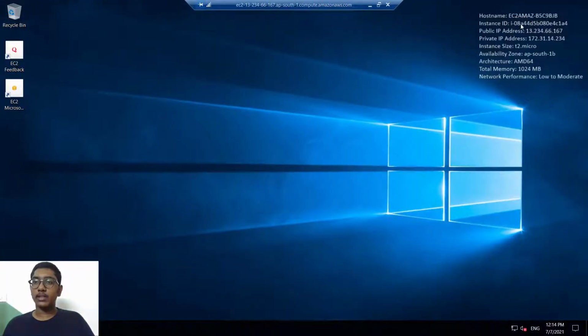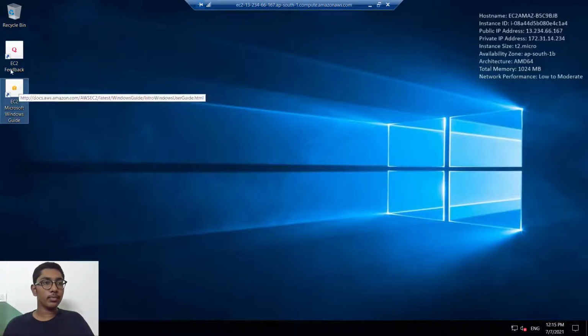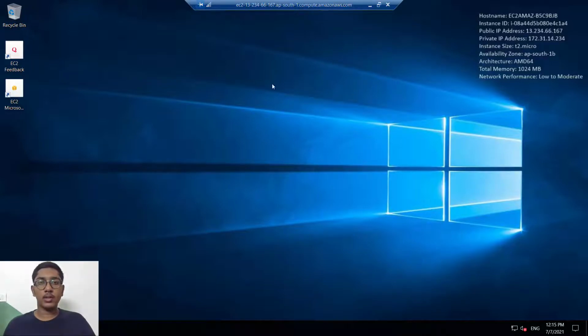This is the hostname, the instance ID, and the public IP address. This is the information of the virtual EC2 instance created using the Windows AMI. After completion, this is the final project.